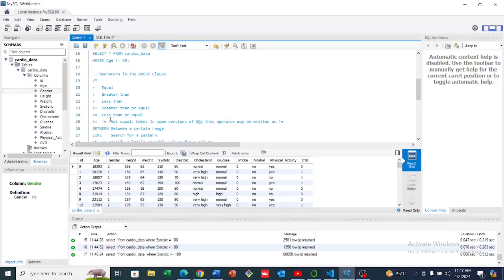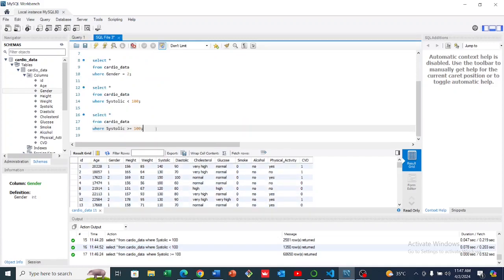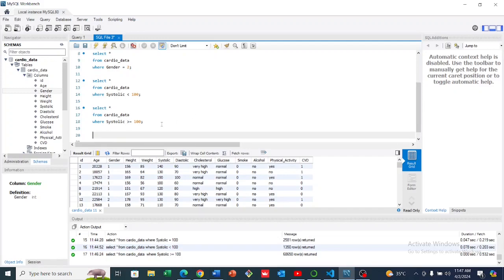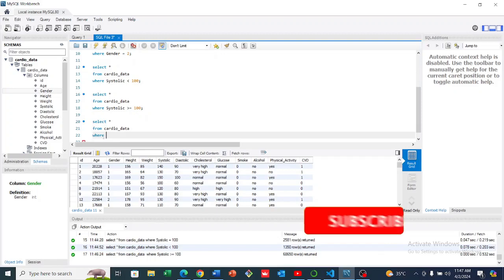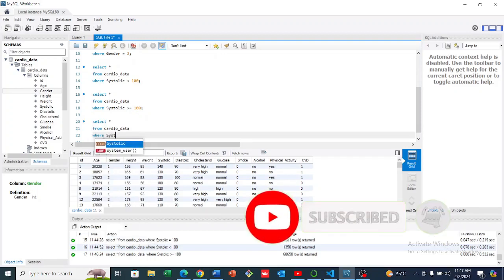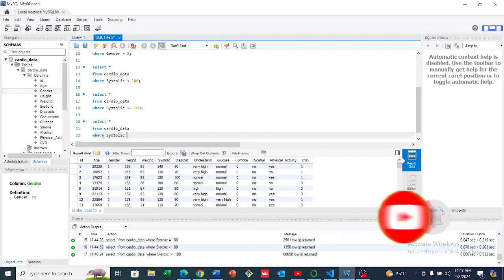So our next operator is the not equal. So when we say not equal, it means we want to search for values that are not equal to a certain number. So we can say I want to select all columns from cardio data where systolic is not equals to,